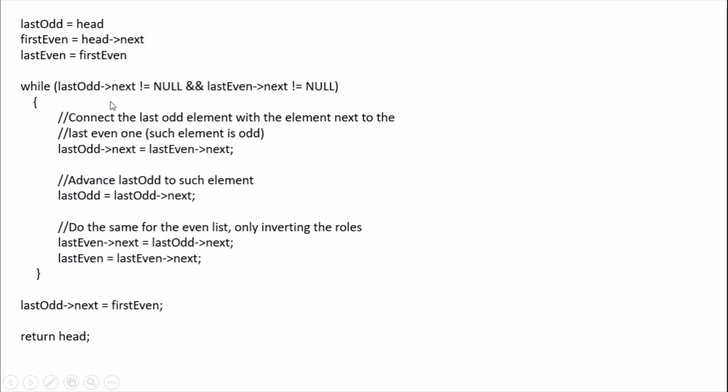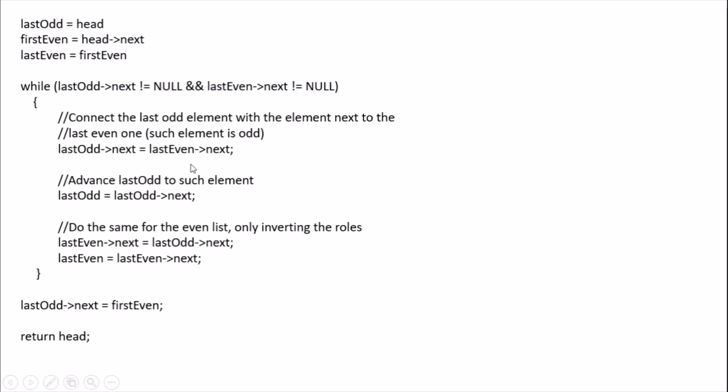And we will go through this loop till last odd or last even is not equal to null. That is, at least 2 nodes remain in our linked list yet to be processed. So this is our code.